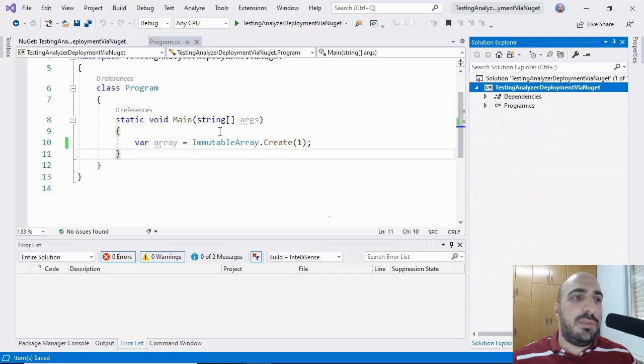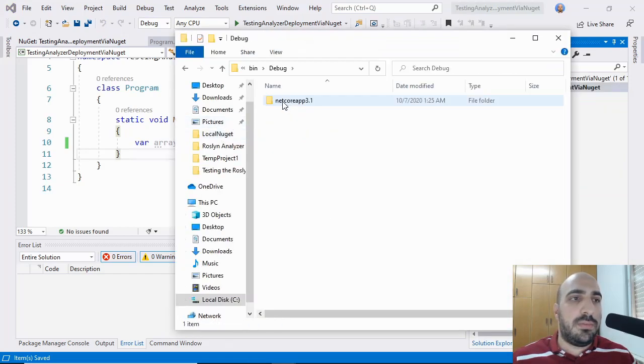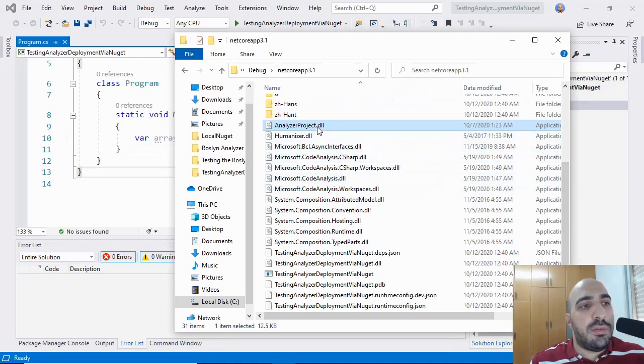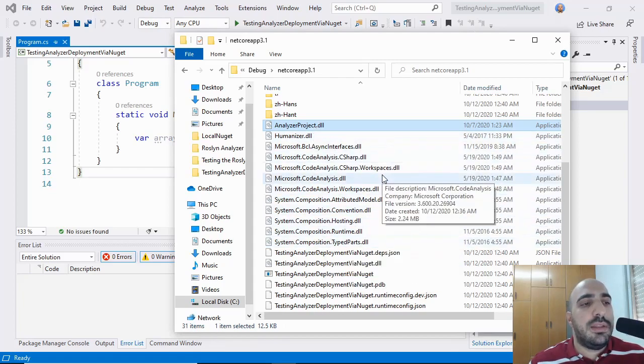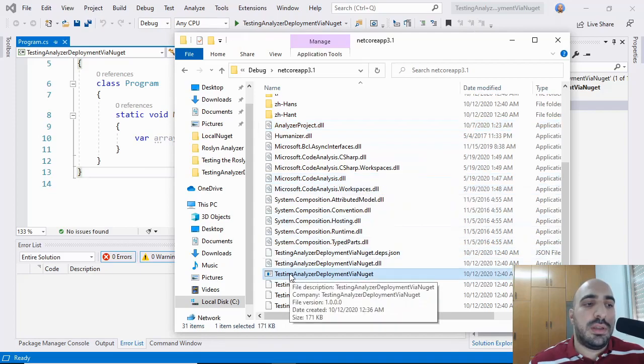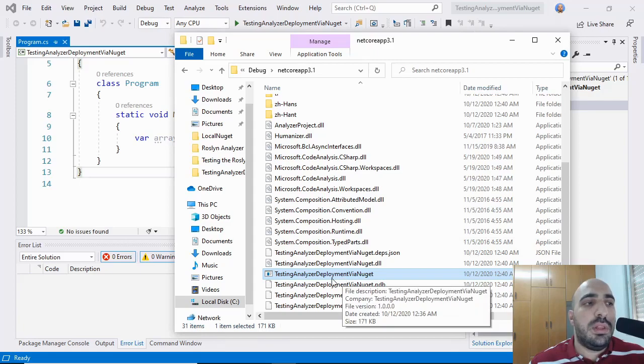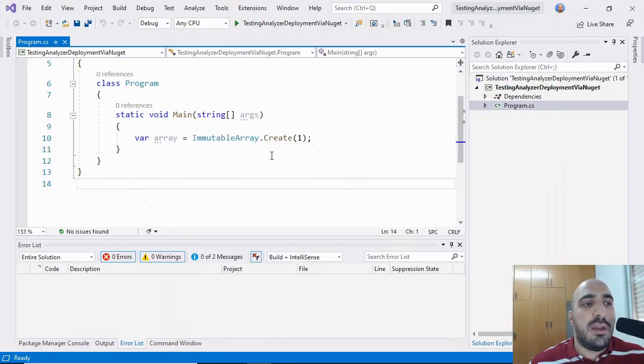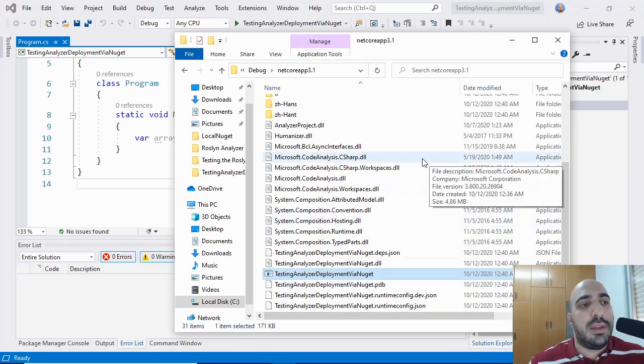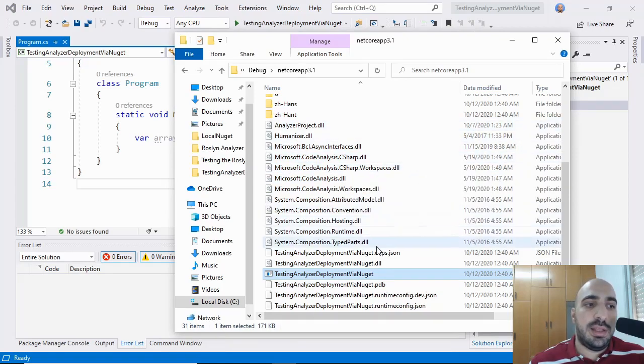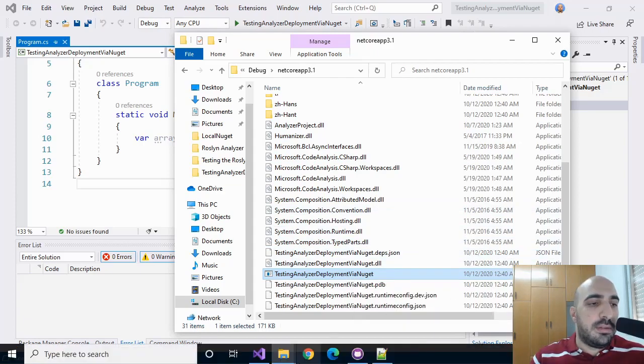So here, if I open the output folder, I can see here the DLL of the analyzer and also many DLLs that are dependencies of the analyzer. And these DLLs are not needed at runtime when this application is executed. They are needed only when we are working with the source code here for the analyzer and the code fix provider to work. So it would be better if the package didn't cause these DLLs to be put in the output folder of the consuming project here. Before showing you a fix, let me show you why this happens.